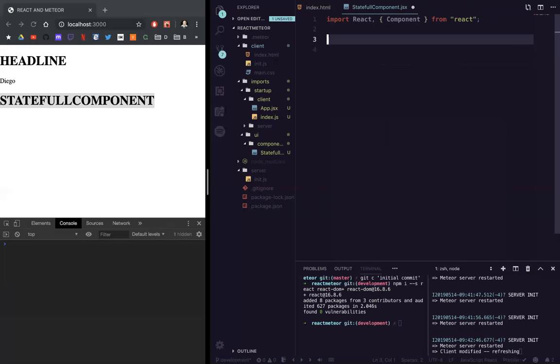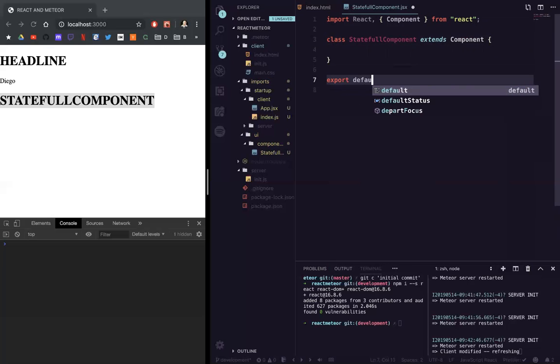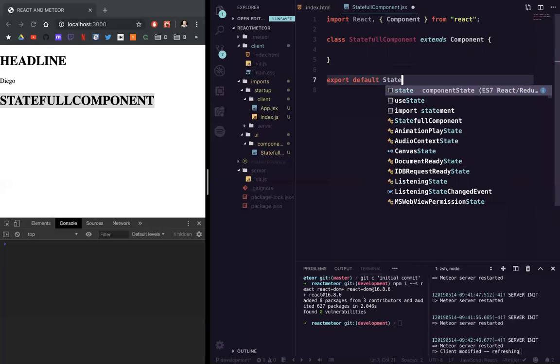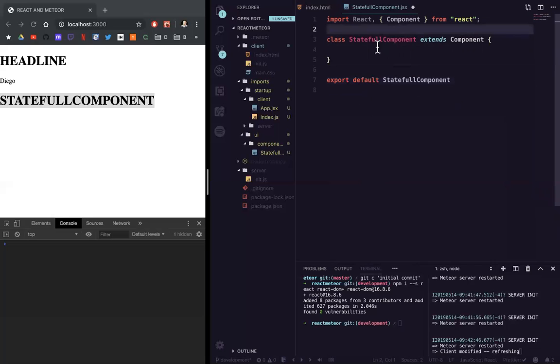So this is like functional OOP, because we are going to define a class that is going to be called stateful component, and it's going to extend. So this is like an include. We are going to extend Component, and then we are going to export default stateful component. And when you define a React component as a class that extends from Component, if you return something, you are